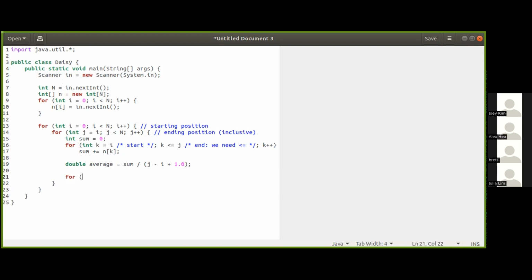So if k equals i, we're just going to run through the whole thing again. Sorry, it should be k is less than or equal to j, and then k plus plus. Actually, I'll keep things a little bit simpler and we'll make a boolean flag up here. We'll call it contains. We'll say that in this for loop, if n of k equals average,